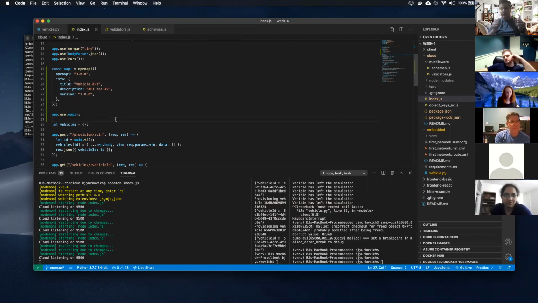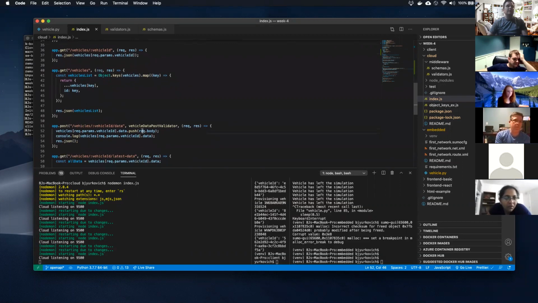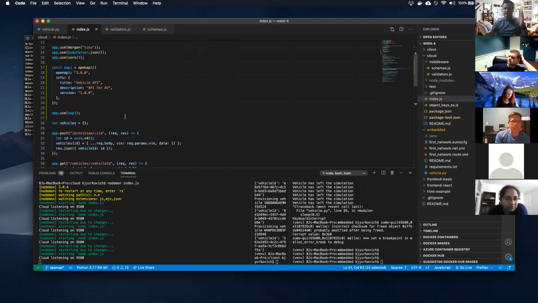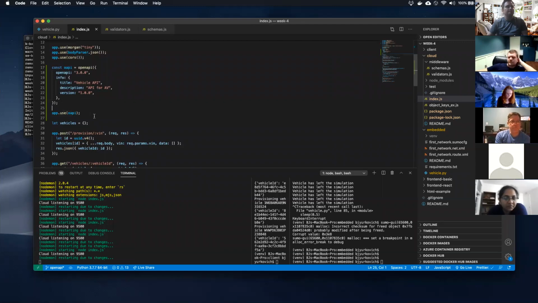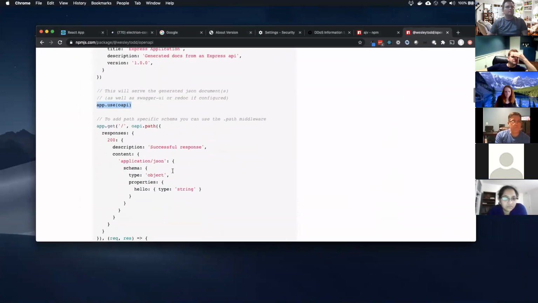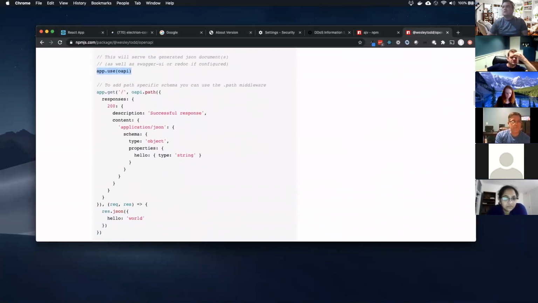That app.use puts it in line to every single route, as opposed to our example here, where we just did it for that specific route. So it's just basically saying apply it to every single route. Put this OpenAPI middleware in for every single route. So it still builds. That's a good sign, right? It still runs.